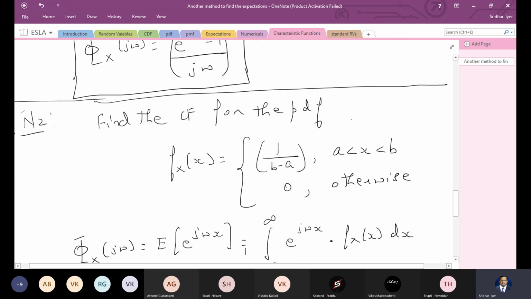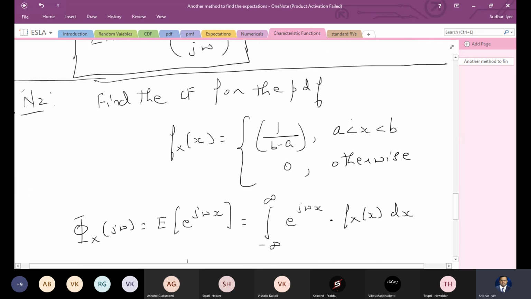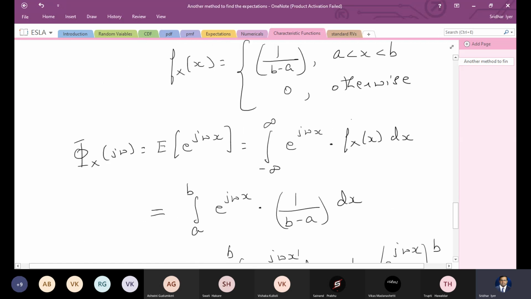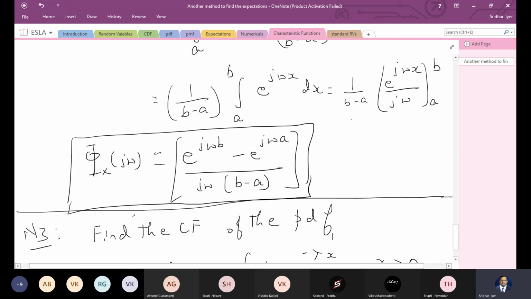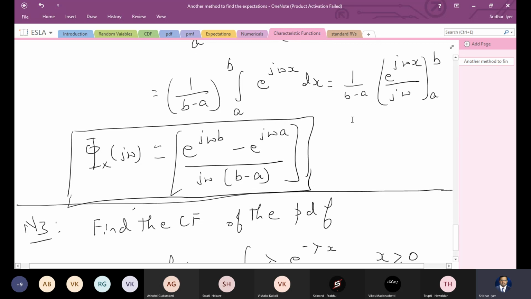Okay. Then we solved another numerical with PDF as 1 by b minus a. And then we have found the characteristic equation for that. Again, we have not differentiated it to substitute omega equal to 0, 1, 2, and henceforth, and to see what values we get. So we'll keep this equation and do this later.